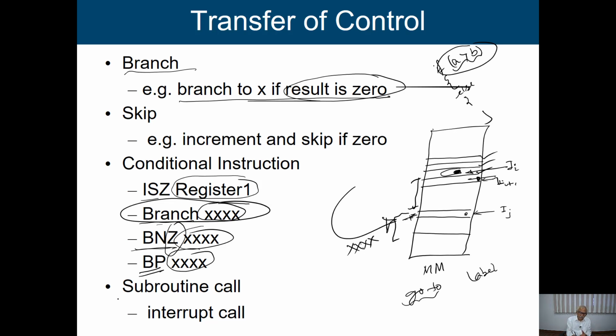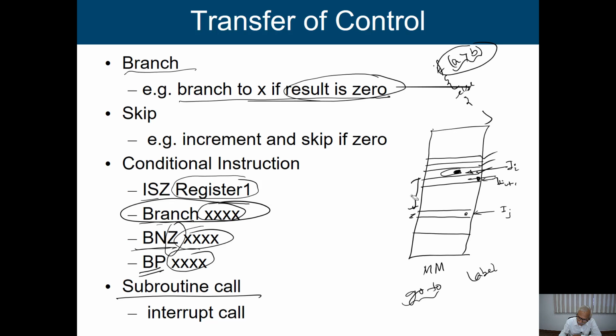And I think we also have subroutine, or maybe function. For that also it is nothing but a transfer of instruction only. Okay. So here, what will happen if I am executing a program?